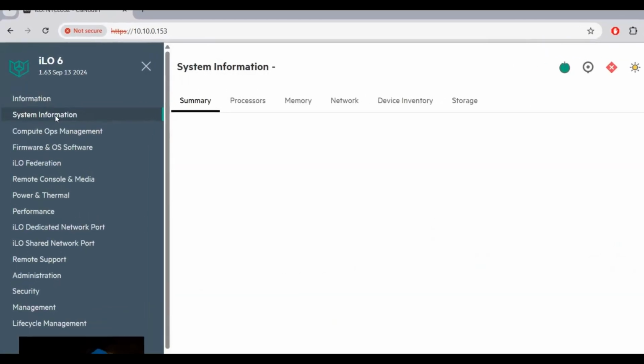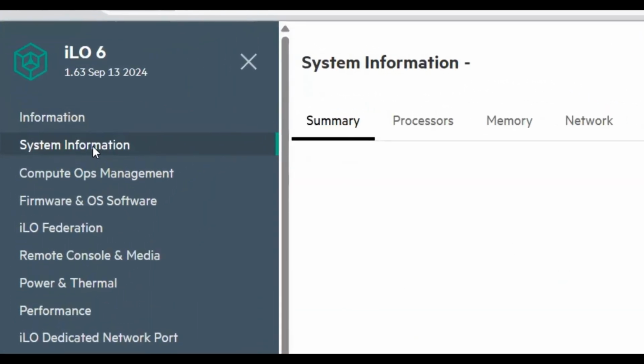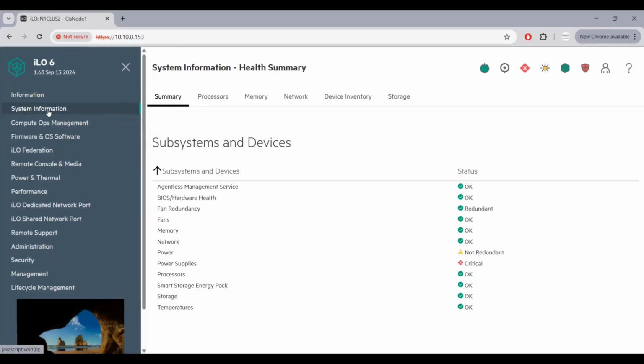Now, the second option is about the system information. This domain is not used for any kind of troubleshooting, because in this domain there is very basic information about the different categories of the server machine. At level 1, it provides details of the system health regarding the BIOS, firmware, and every component of the server machine.